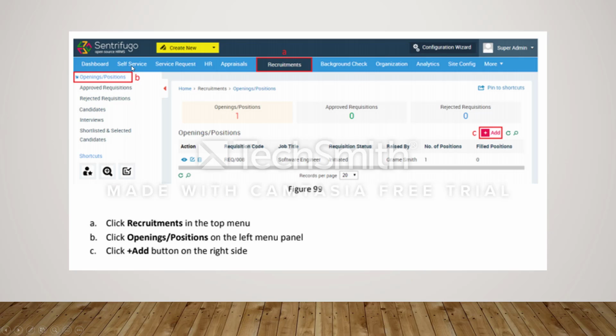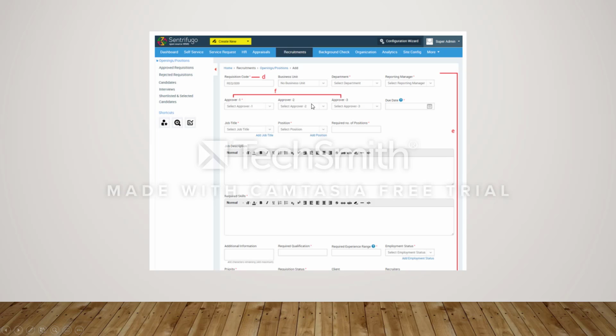As you can see here, this is what the Centrifugo screen looks like. You would go to the Recruitment tab, then you would go to Openings or Positions and add New. And then you would add the type of position you were looking for and the job itself. As you can see here on the screen,